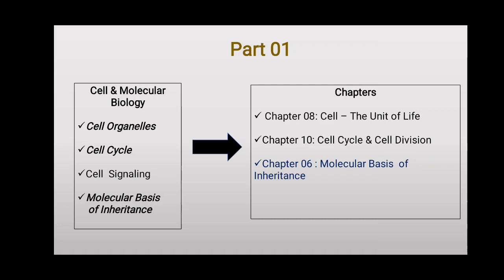This is why I am putting these chapters in a sequence, so that you can understand. If you don't know what is a cell, then how can you study the whole organism, that is physiology? So first you have to know about the biomolecules actually, then the cell, then what are the inheritance patterns, means how they are